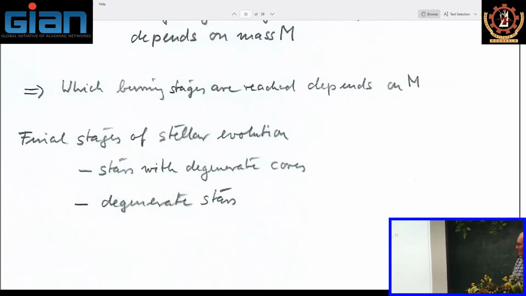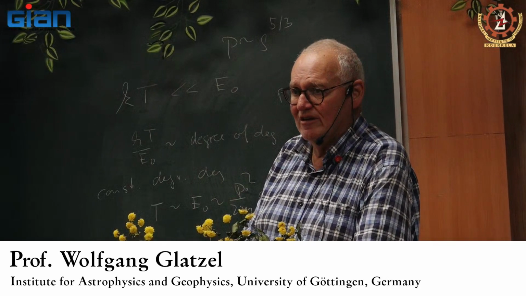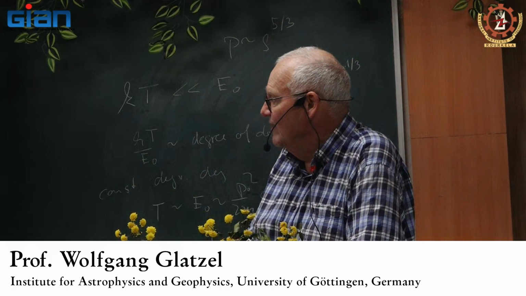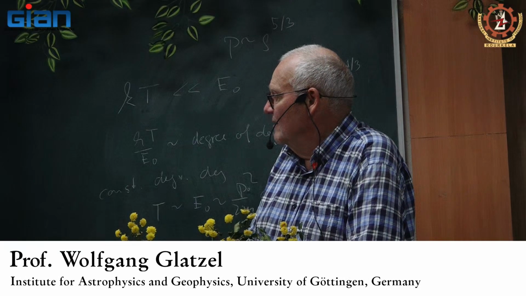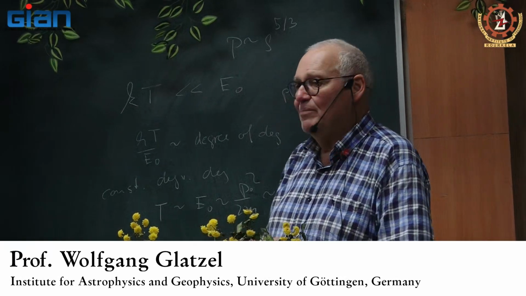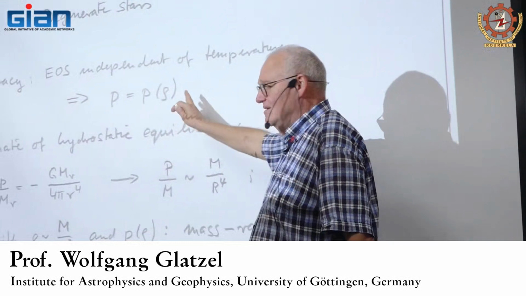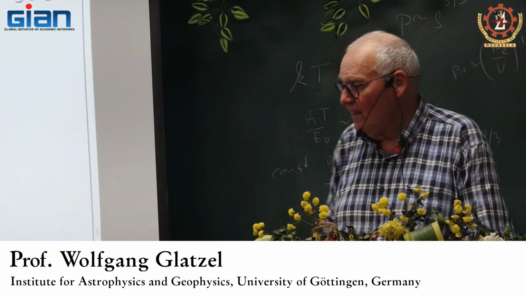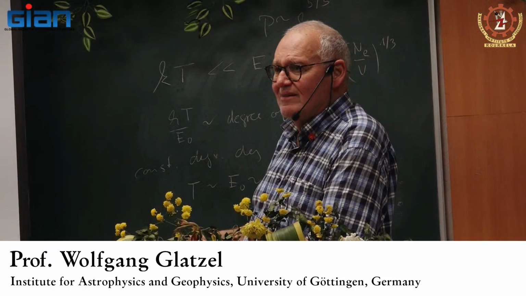Okay. So in the end, what this tells us is we have to deal with degenerate stars, because that seems to be the only way a star can end its life. So let's go to the properties of degenerate stars. Well, the equation of state of a degenerate gas depends only on density. So we have a function: the pressure is then no longer a function of temperature, it is only a function of density. Now let's estimate in the usual